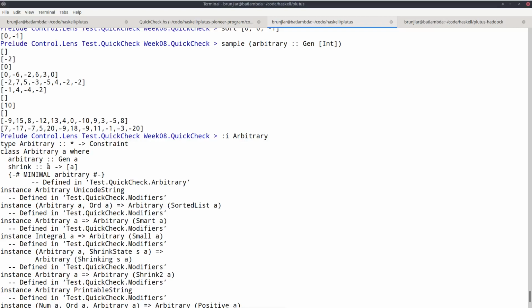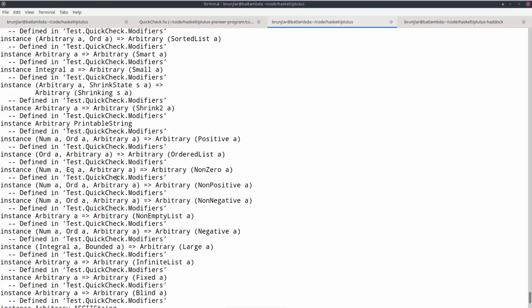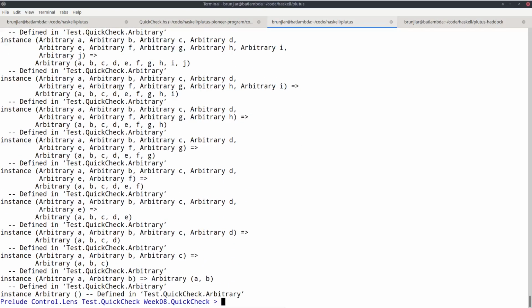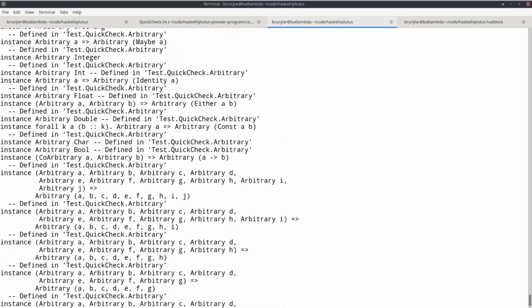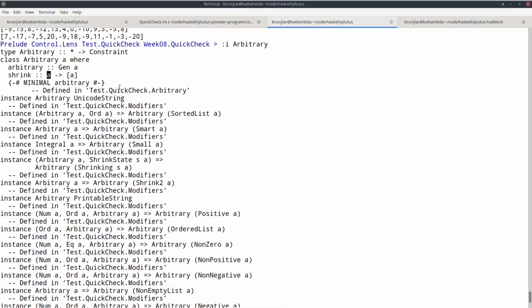So given an A, provide a list of simpler versions of A, whatever that means. That depends on the type, of course. And as I said, we have lots of predefined instances for this Arbitrary class already. So in particular, we have one for Int somewhere. And given an Arbitrary instance for A, we also have an Arbitrary instance for list of A's. And therefore, QuickCheck knows how to generate random ints.